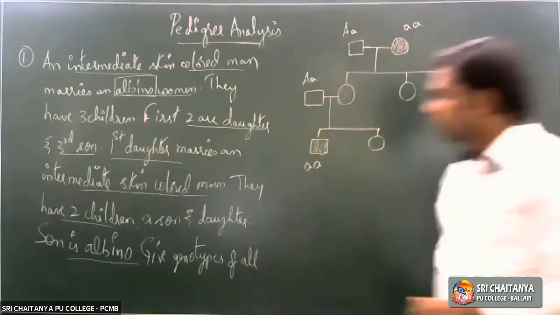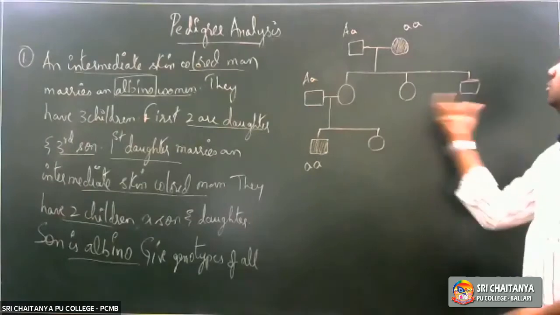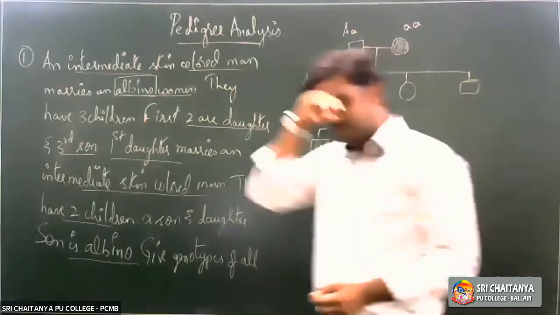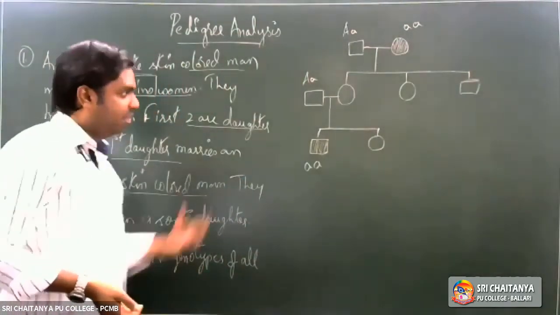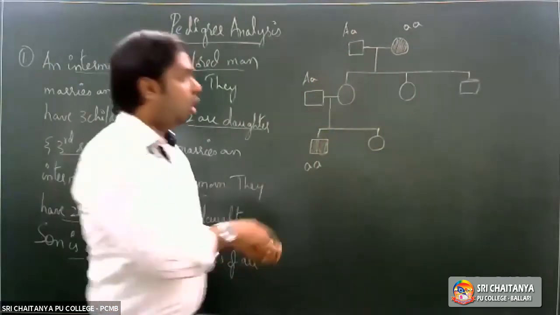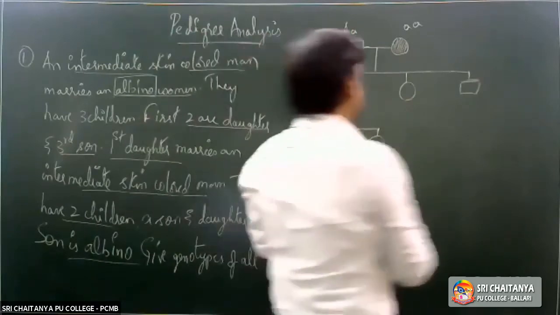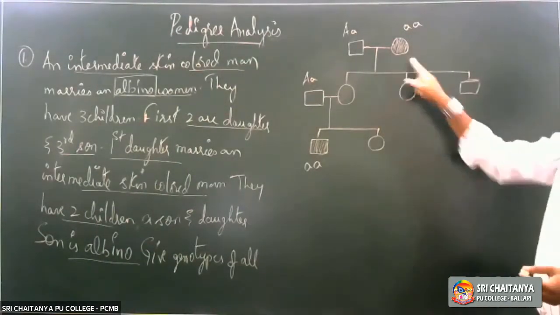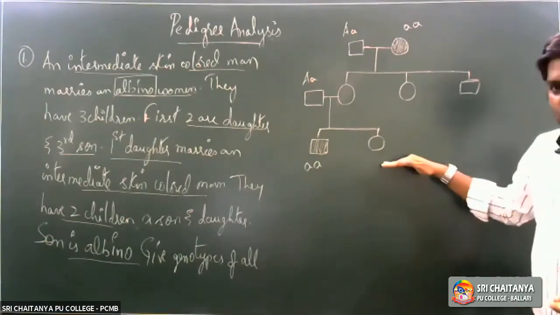Now, what they have given in the question is, give the genotypes of all. Now we need to identify the genotype of all the individuals. In your exams, especially for your NEET exam, they'll not tell you to identify the genotypes of all. They'll tell you to identify the genotypes of any one of the individuals. If that is the case, how do we show the genotypes now? Let us first talk about the F1 generation here. So this would be F1, this would be F2 here.